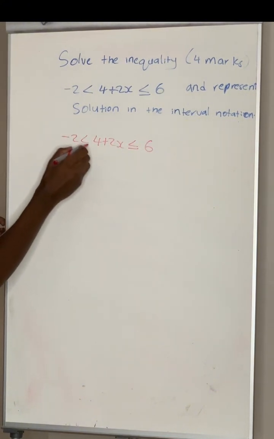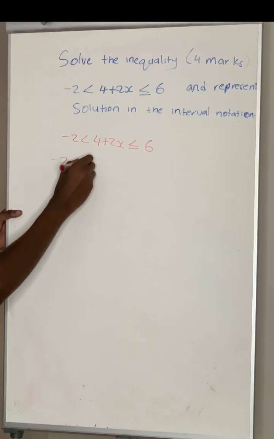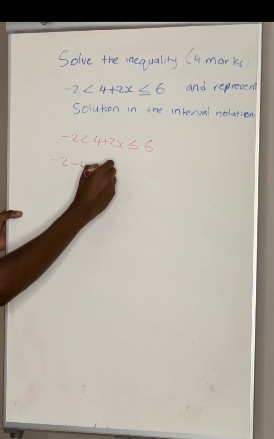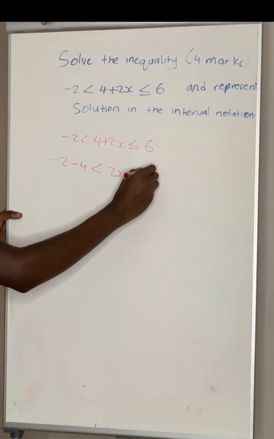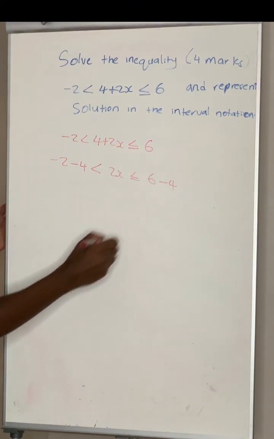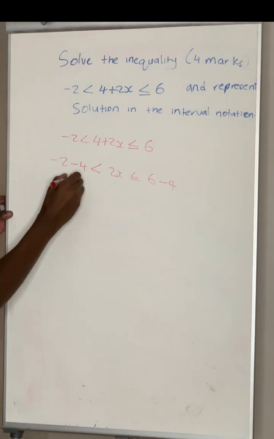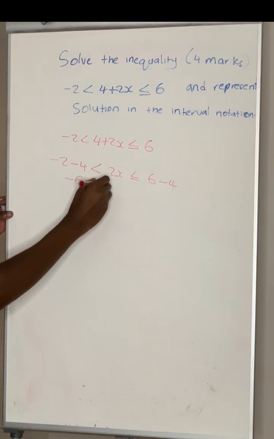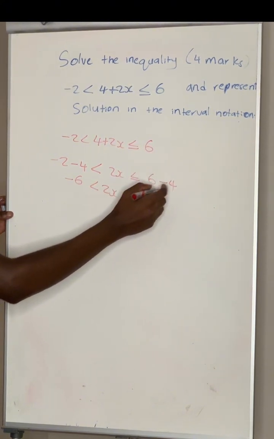Let's first take positive 4 across both sides. Negative 2 minus 4 is less than 2x is less than or equal to 6 minus 4. And then negative 2 minus 4, that is negative 6, is less than 2x is less than or equal to 6 minus 4, that is